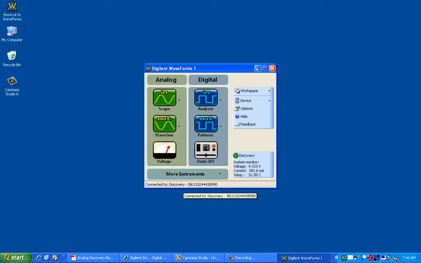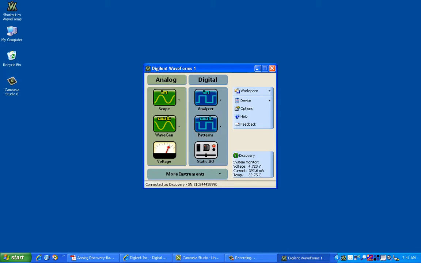As you can see here, the USB connector which powers up the Analog Discovery kit also gives you the serial number of the kit which you have connected to your laptop or desktop machine, and at the same time it gives you system monitor information such as the voltage at which the kit is running, the current which it is drawing, and even the temperature at which the entire hardware is currently working.